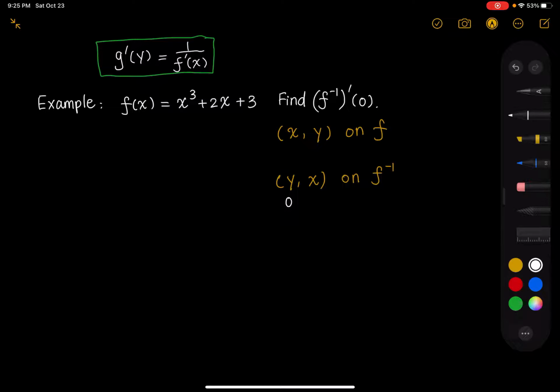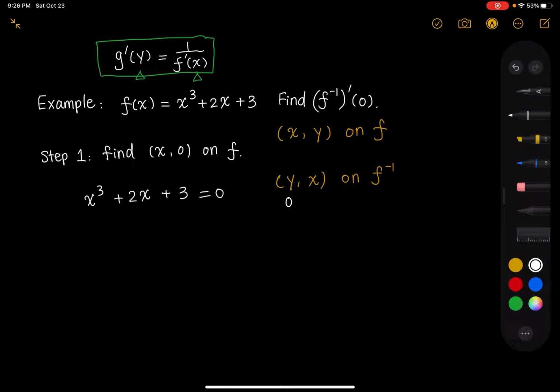Okay, so my step 1, I need to find x comma 0 on f. I need to know what point I'm referring to, okay? Because once I know the y, right? So y, right here, I need to find the x that corresponds to it. So what you will need to do is set up this equation, x cubed plus 2x plus 3 equals 0,